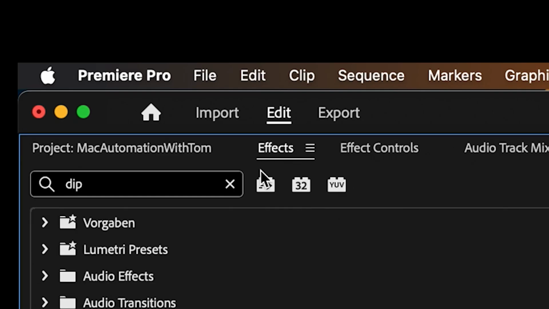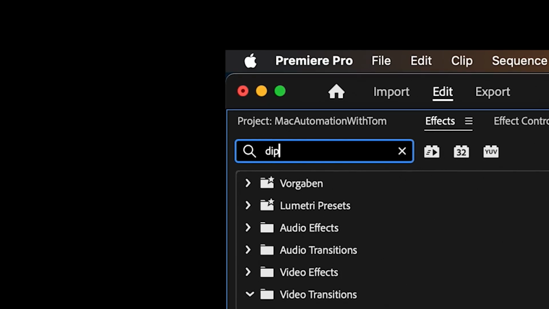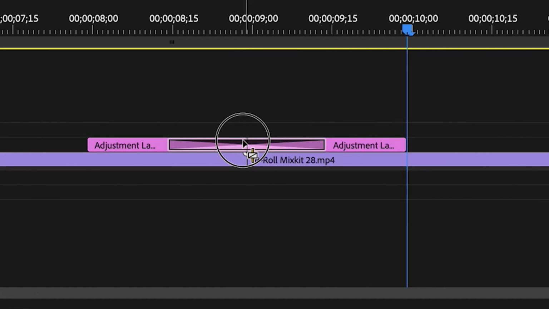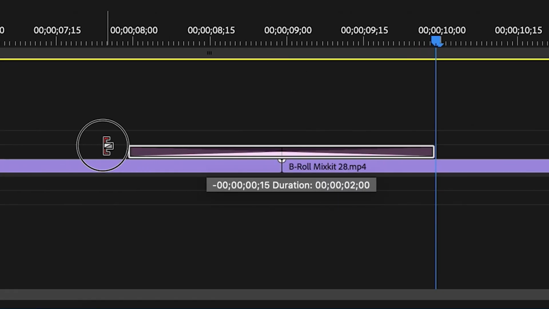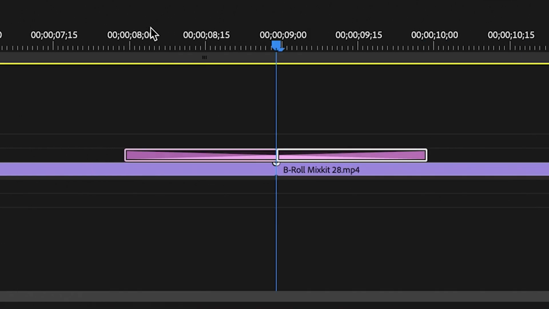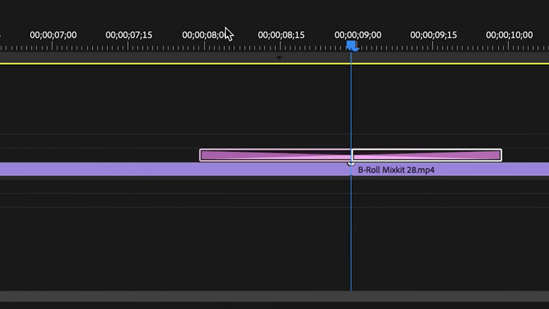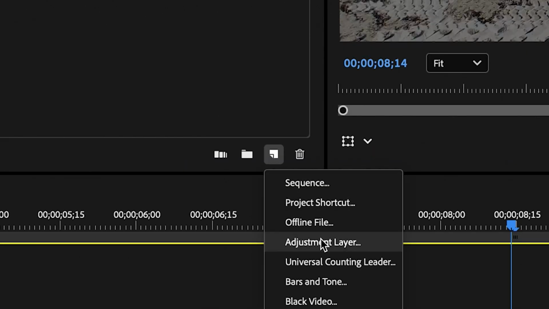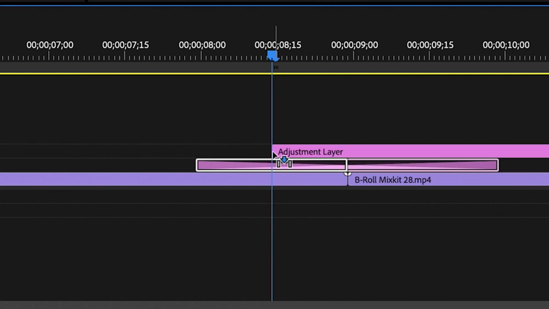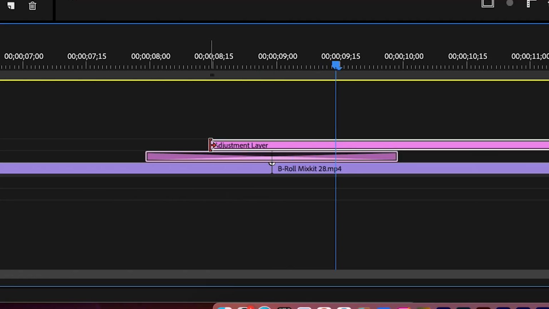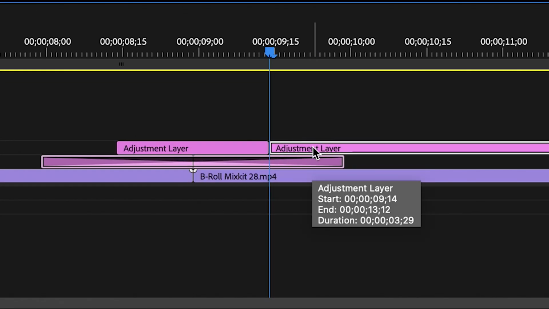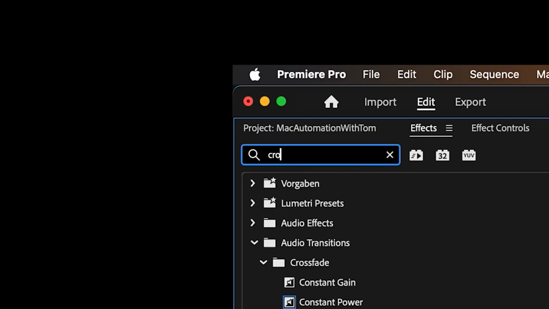go to the effects panel, search for the effect called dip to black, drag and drop it onto the adjustment layer, extend it as far as possible left and right, move your playhead back to the cut in the middle, now move it 15 frames to the left, create a second adjustment layer, drag it to the timeline, move your playhead 30 frames to the right, trim the second adjustment layer,